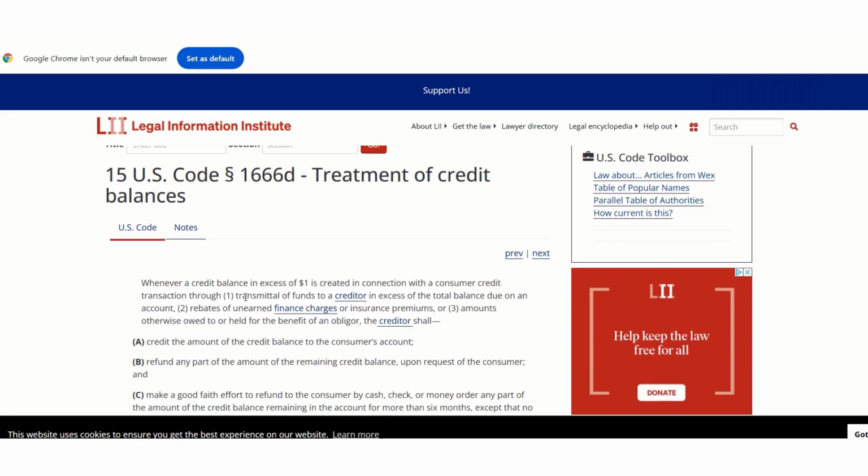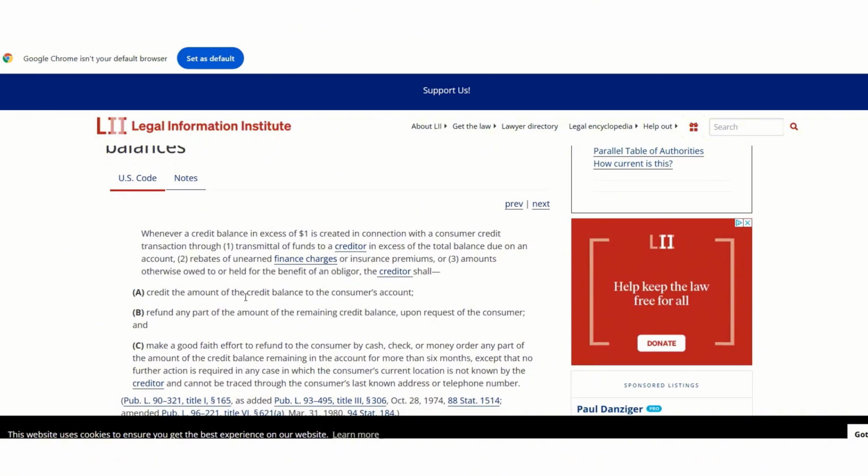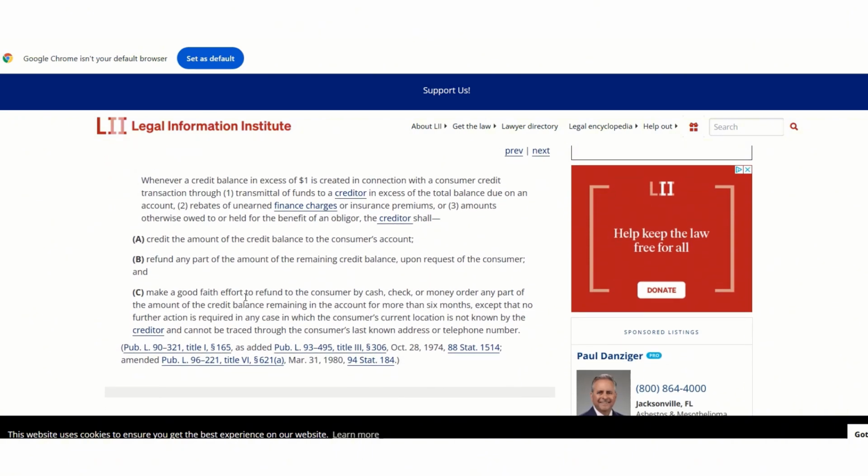Treatment of credit balances. This is what they're supposed to do, and this is what they haven't done. This is supposed to happen directly after a completed application. Once the application is completed, they're not supposed to give you Truth in Lending disclosures stating that you owe, right? That's an adverse action right there if they say you owe. And if they